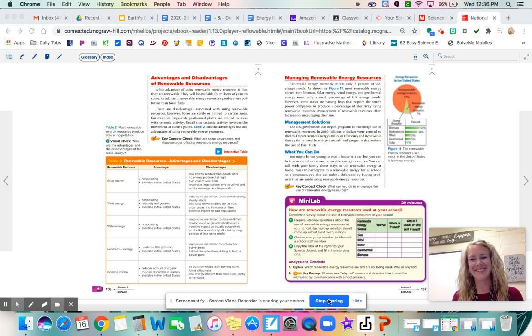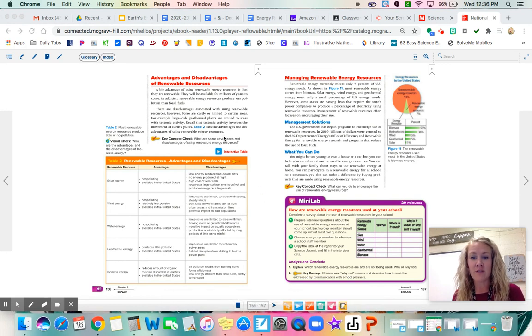The office, please? Sorry. Okay, so I wanted to go over what I am expecting. You were supposed to finish the reading on renewable energy, and that's pages 156 and 157. Not a whole lot to read today, but there are a few more foldables that you need to